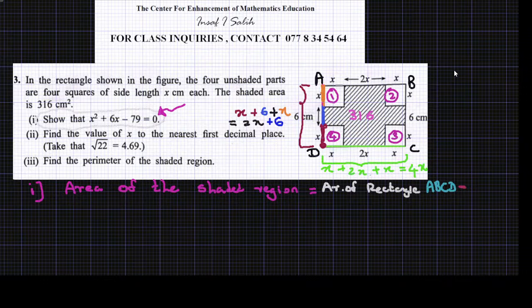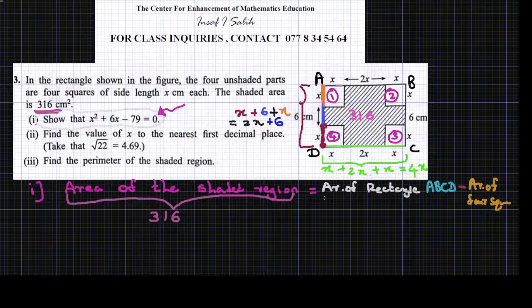So area of rectangle ABCD minus area of 4 squares. There are 4 squares which are identical to each other. Right. Now just a matter of plugging in the values. Area of the shaded region, have they given that to us? Yes, they have given that. They have said the shaded area is 316. So you put 316